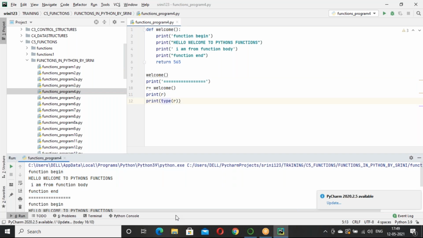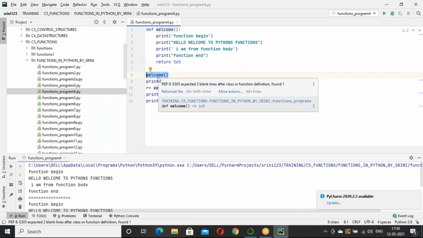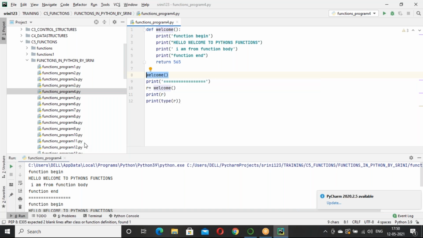Understand? Your government provides you old age pension. Of course, you are eligible for old age pension. You can take it, but you are not taking. What is wrong in that? Nothing wrong, right? So you are eligible for old age pension, you are taking it. Both are okay, right? So similarly, I am calling the function, the function returns a value, no doubt, but I am